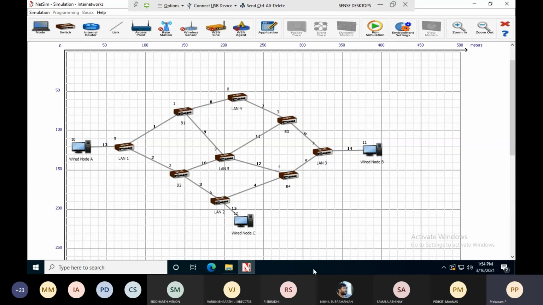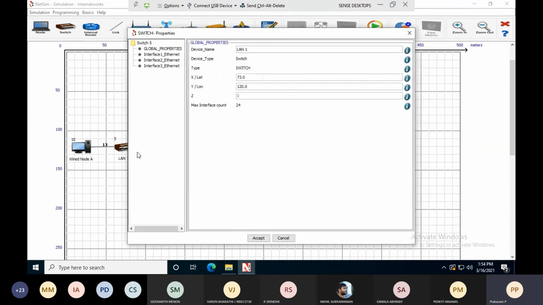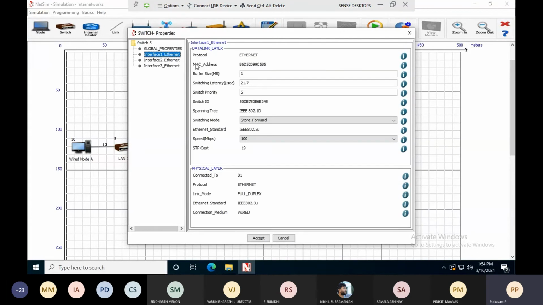So go here, right click LAN 1. The LAN cost is nothing but the link cost. Right click LAN 1, properties, select interface Ethernet. If you see here, speed in Mbps: if it is 100, cost is 19. If you select 1000, cost is 4.